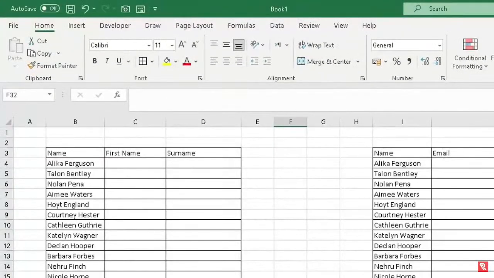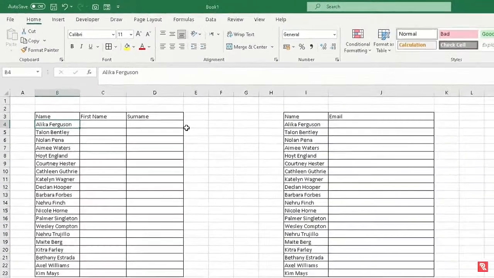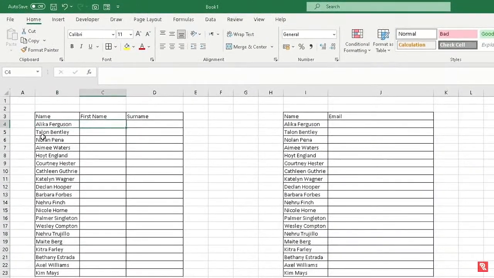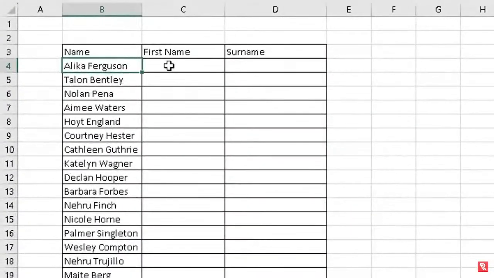So I've got my spreadsheet opened up here. Let's focus on the first example where I'm extracting the first name and surname but using flash fill to do that. So let's go into the first row. So the first row, the full name is Alika Ferguson. Highlight the first name cell here and type in the person's first name here. Now what you do, because you want